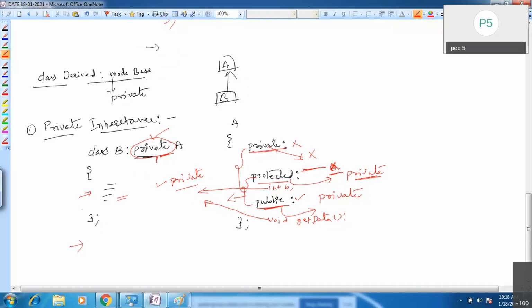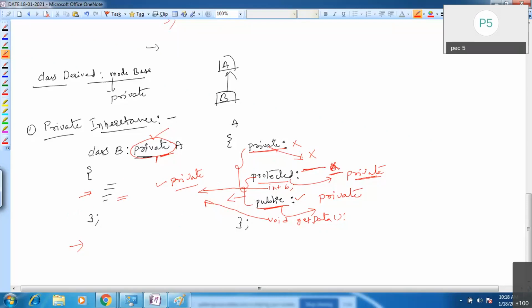A little bit confusing, right? No, sir, it's simple. You have class A. Generally any class may have some data members and member functions, of any type: private, protected, or public.